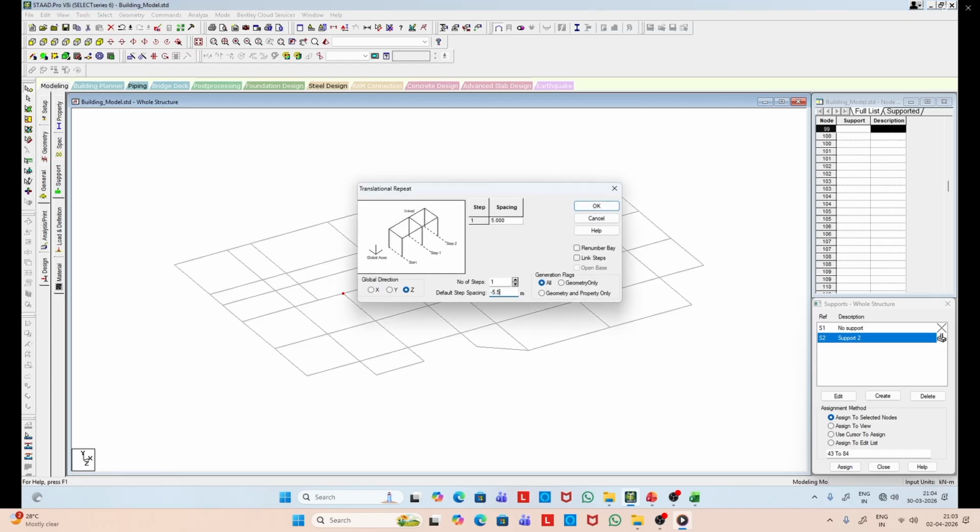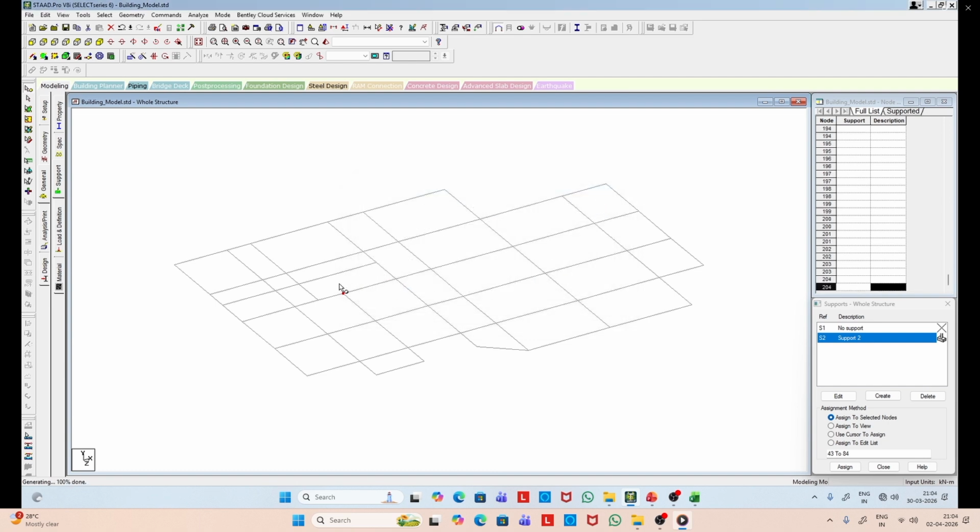This point is also copied along the negative z direction.